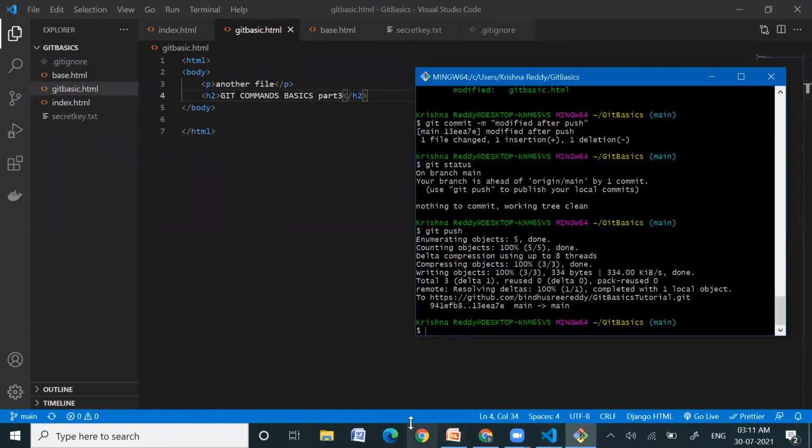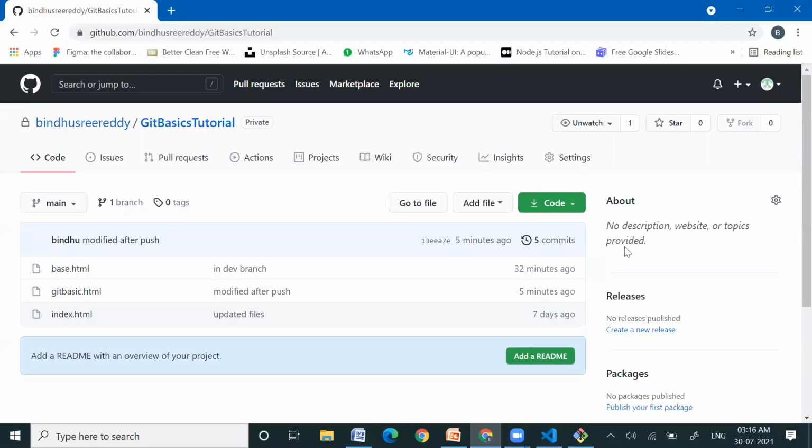Now, if you want to collaborate on our project with other people, we can add them as collaborators to our Git repository so that they have access, because we have made this repository private and it is not available publicly.